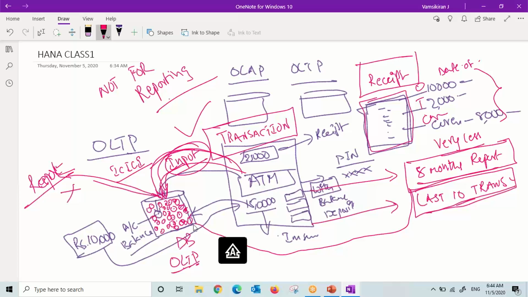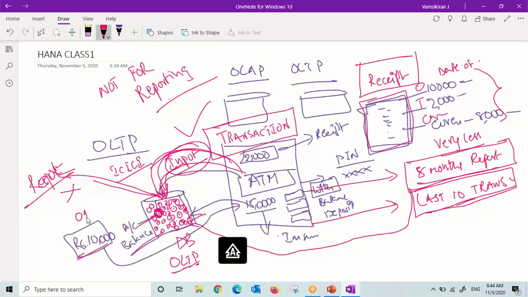I'm asking, I need an 8 months report. It has to go through this database system, identify your account, look for the balance and find it, and based on the dates,